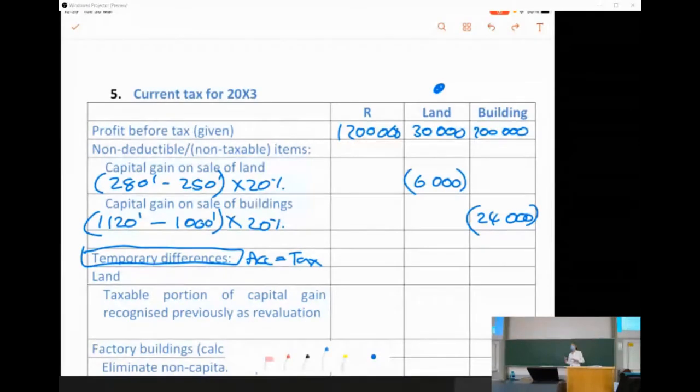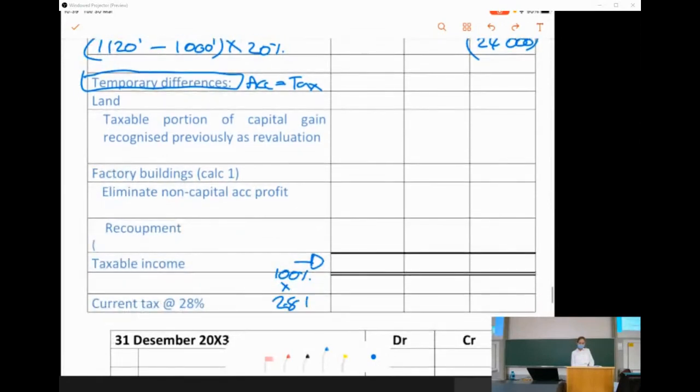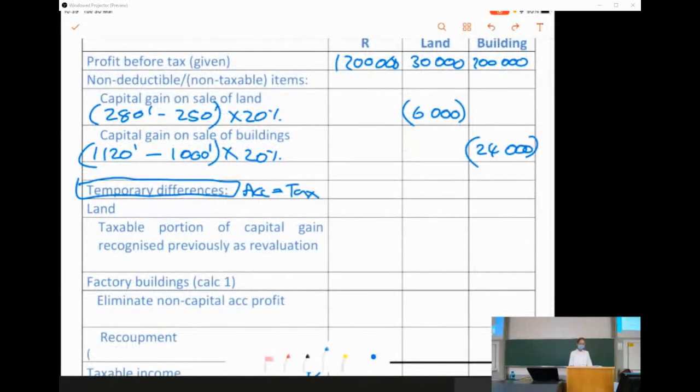So first of all, we're getting rid of that 20% that I'm not going to be taxed on. Because at the end, the amount that we want here for our taxable income, we are going to take 100% of that and multiply it with 28%. So we want to get rid of everything that we cannot just go straight forward and multiply with 28%. Good. Then for my temporary differences, remember that